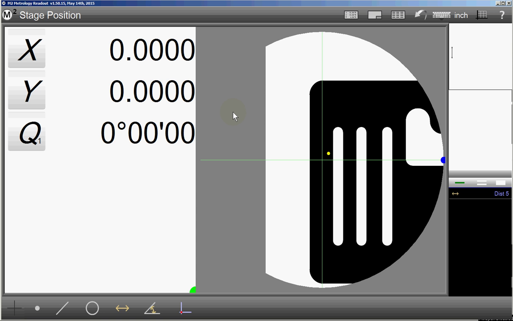Okay, so this is a video to show you how to enter error compensation into an M2 readout for calibrations. Usually we extend this out to 6 decimal places and work in millionths of an inch. So I'm going to do that first. I'll go up here to the settings